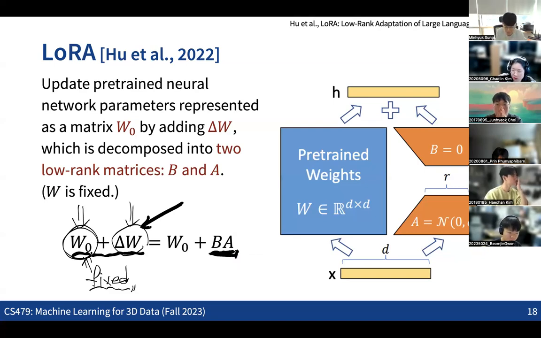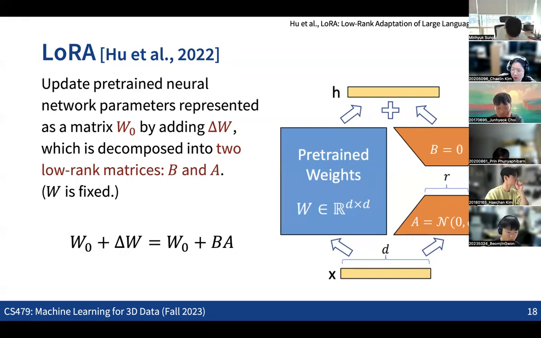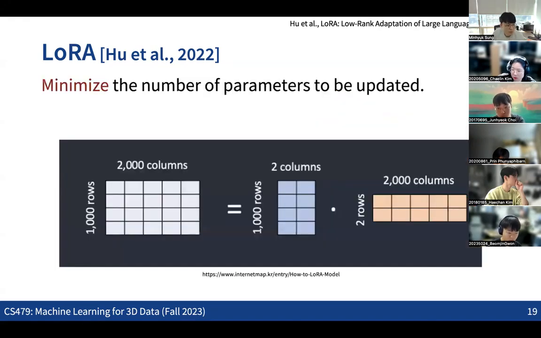This is also similar to the idea that we discussed in the TensorRF case, basically having a low-rank decomposition. So by having these two small, thin neural networks and representing the parameters of the old neural net as the multiplication of these two, we can efficiently reduce the number of neural net parameters, and also fine-tune and train this small amount of parameters with a small amount of training data.